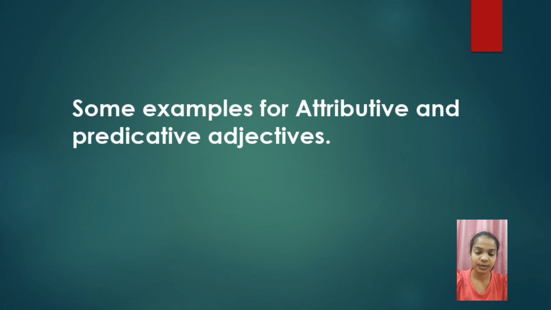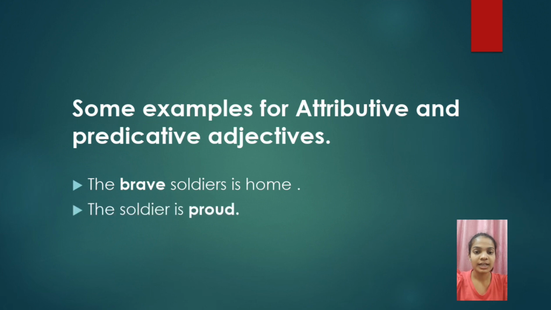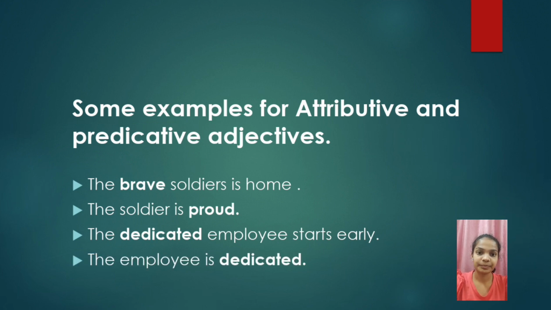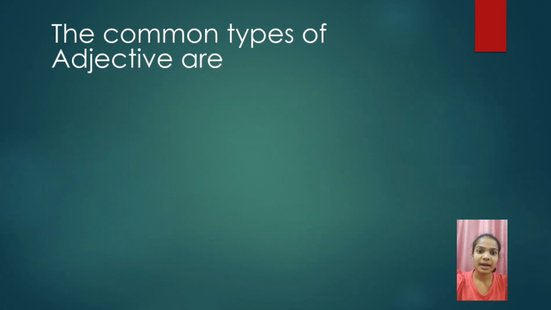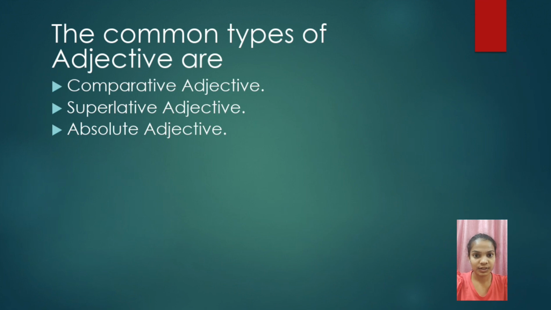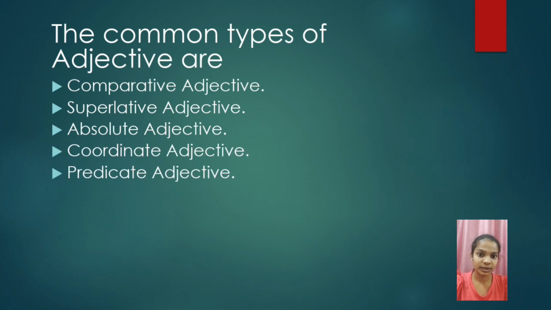Some examples of attributive and predicative adjectives. The brave soldier is home. The soldier is proud. The dedicated employee starts early. The employee is dedicated. Most commonly used types of adjectives are comparative adjective, superlative adjective, absolute adjective, coordinate adjective, predicate